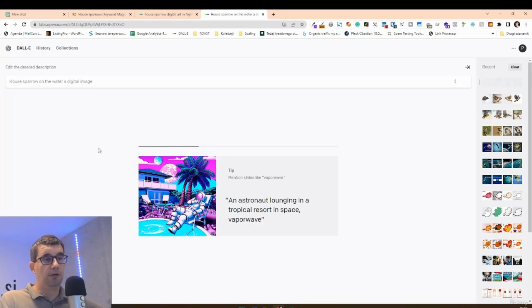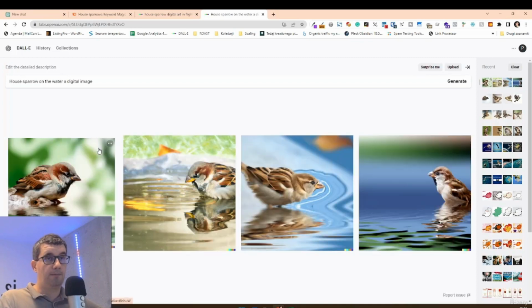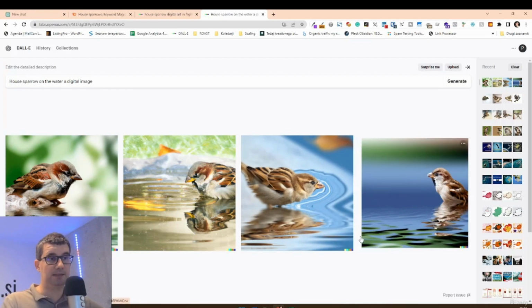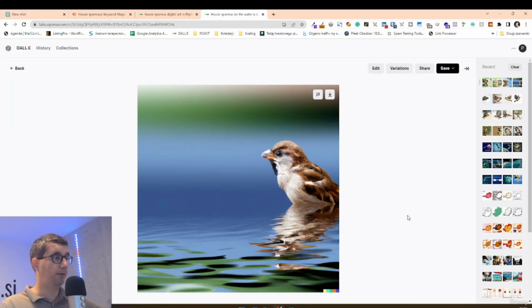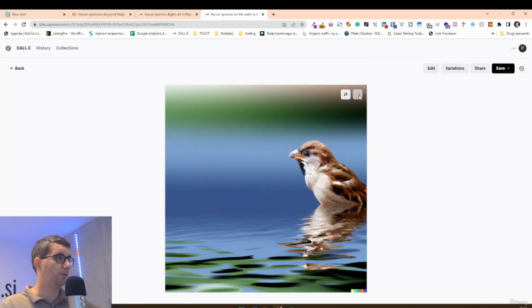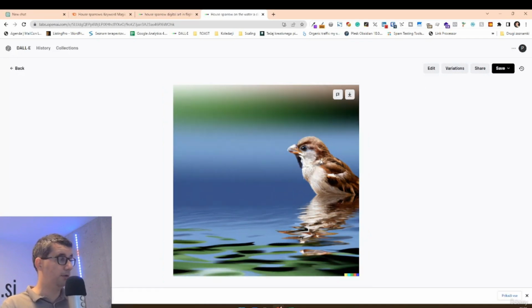DALL-E is not really good with creating images with faces. It's not really good with creating images with specific things, realistic things. But in general, this one is a perfect picture of a house sparrow. We can download that. Where do we download that? Here, of course. We can download that here and upload to our